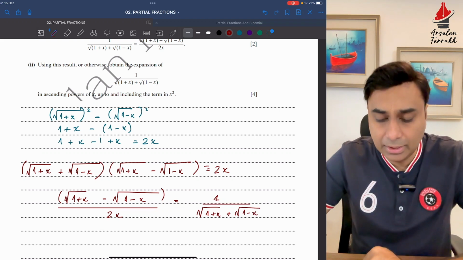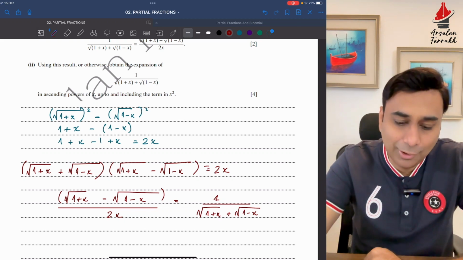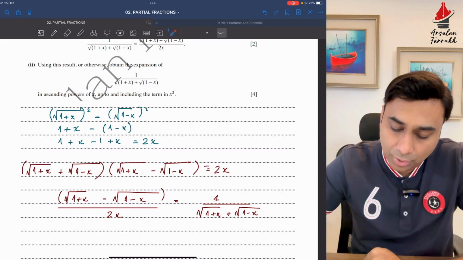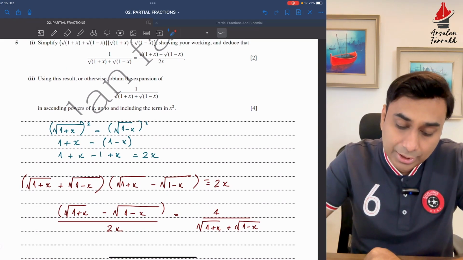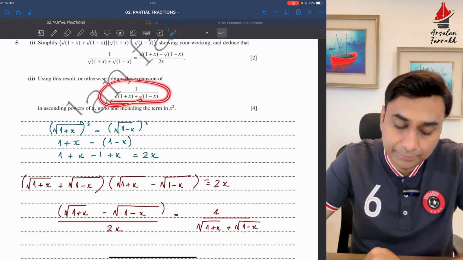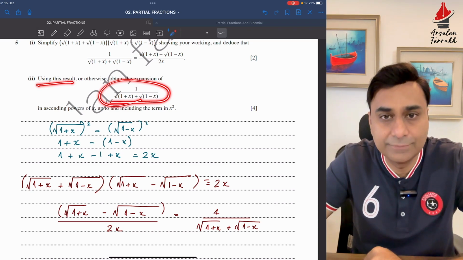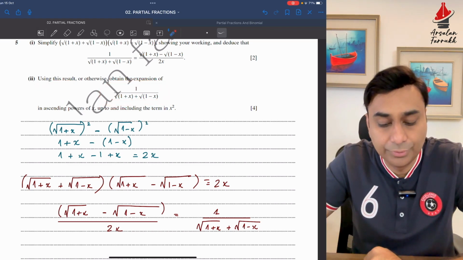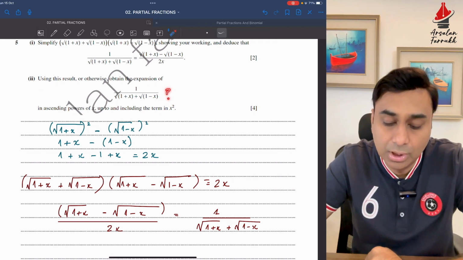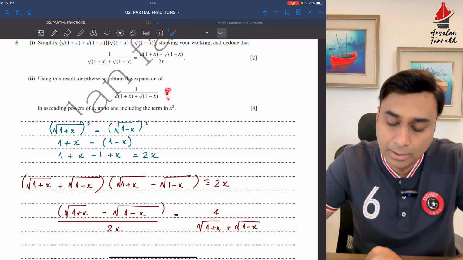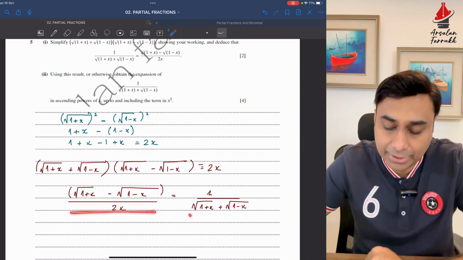Now this was basically a simple algebraic simplification, or may I say a little complicated one, but once I've gotten this simplification, I have to use this to obtain the expansion of this particular thing. Sometimes you have these difficult questions where you have to recognize that you have to use previous working. If you try to attempt this question in isolation, you would be a little stuck. But if you recognize that this is equal to this,